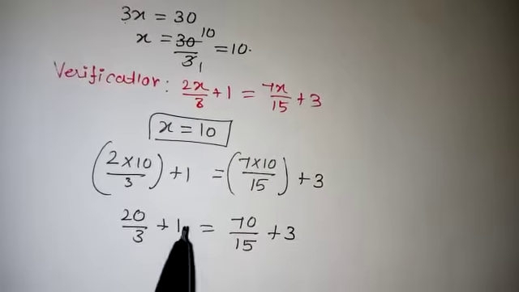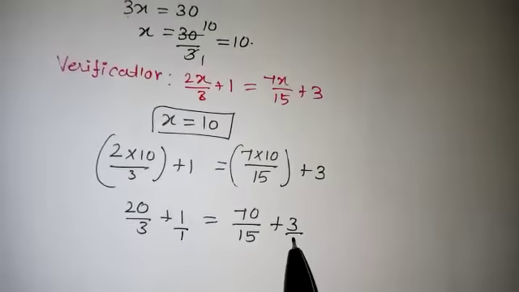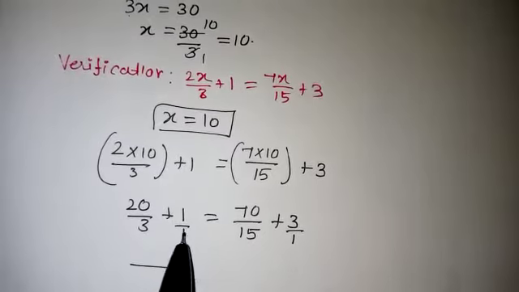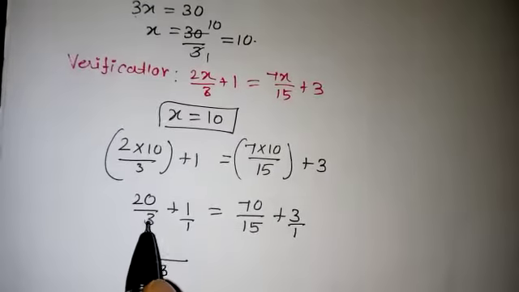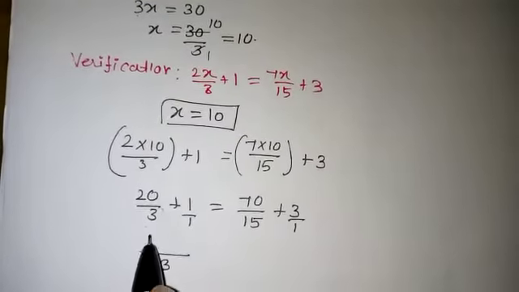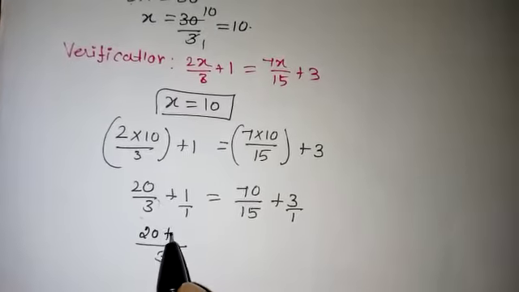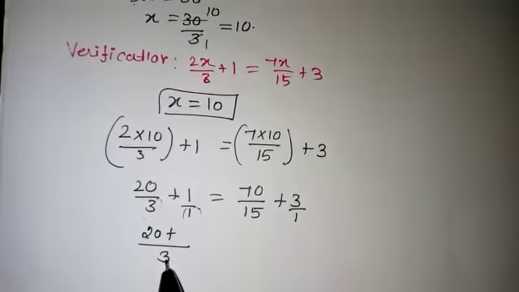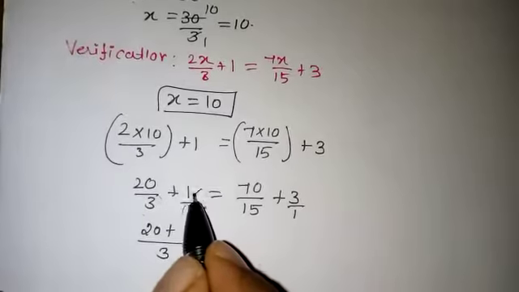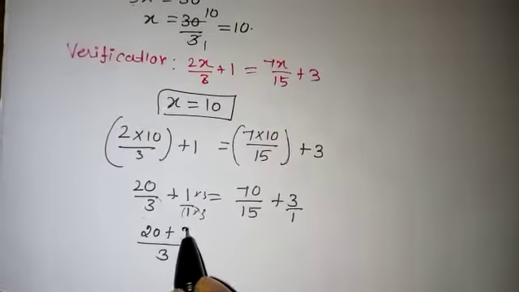Now let us take the LCM, here by 1, here also by 1. So for 3 and 1 the LCM is 3. Here already 3 is available, no need to multiply anything. This plus sign, here only 1 is there, but I want 3. How to multiply by 3? Here also you should multiply by 3. So 1 three is 3.